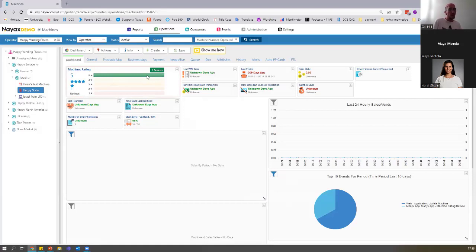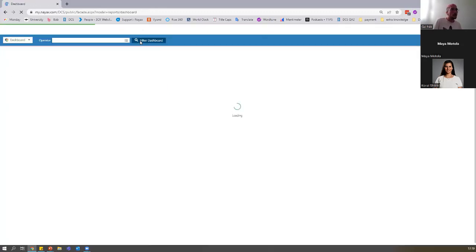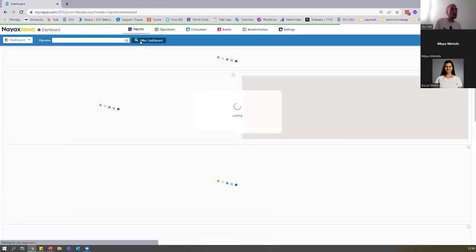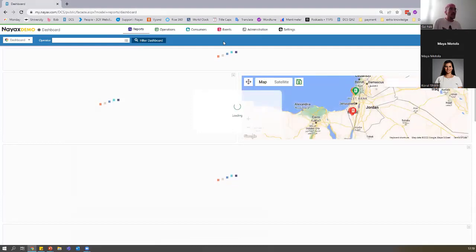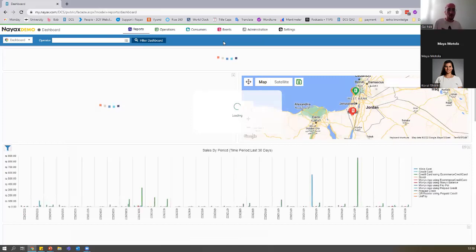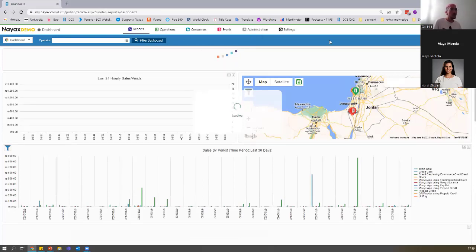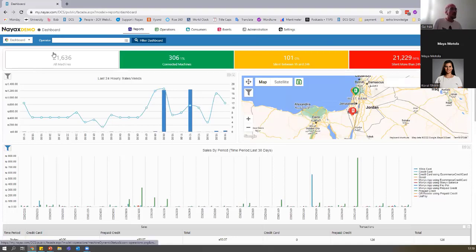And now I want to go to the second step. What I want to do is take you even deeper. Let's go into reports and click on dashboard. Basically, we're going back to our homepage of the DCS. The process is very similar to what we have done before. Let's just wait for a second to load everything over here. Perfect. So next to the operator, where I can find my operator, I have this clickable dashboard button,